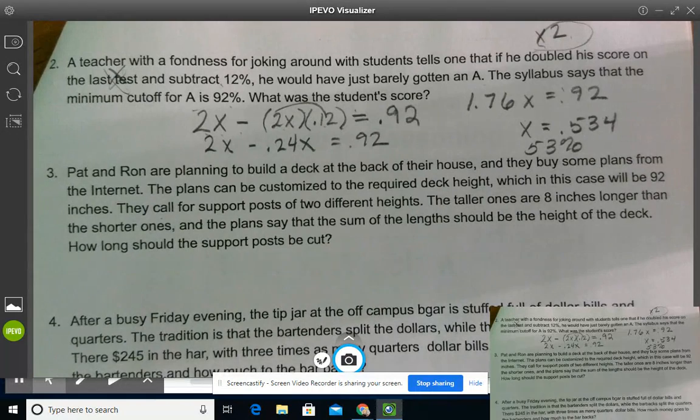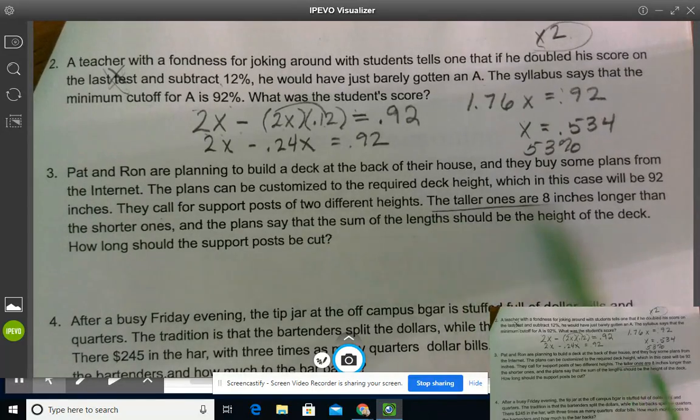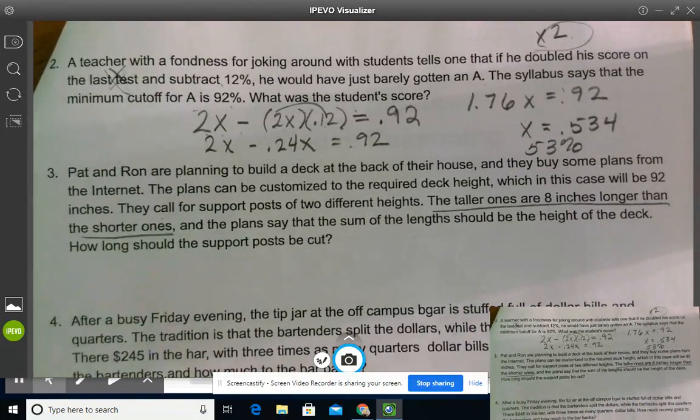Okay, Pat and Ron are planning to build a deck at the back of their house, and they buy some plans from the internet. The plans can be customized to the required deck height, which in this case will be 92 inches. They called for support posts of 2 different heights. The taller ones are 8 inches longer than the shorter ones. Now, the very first thing I would tell you to do is anytime you get to a sentence that bases one thing off of another,